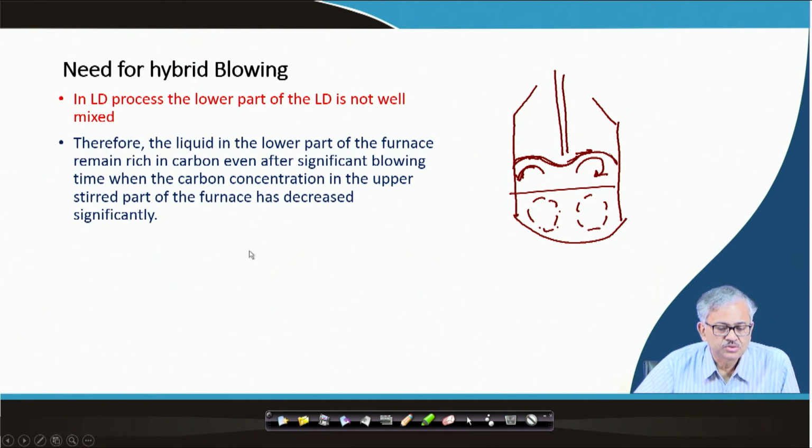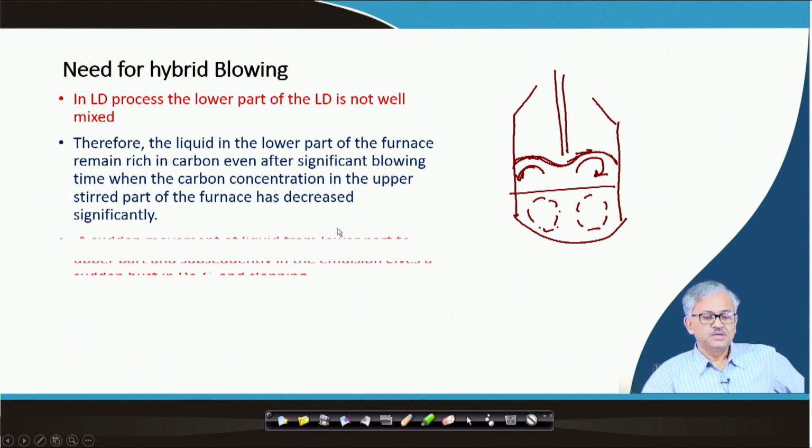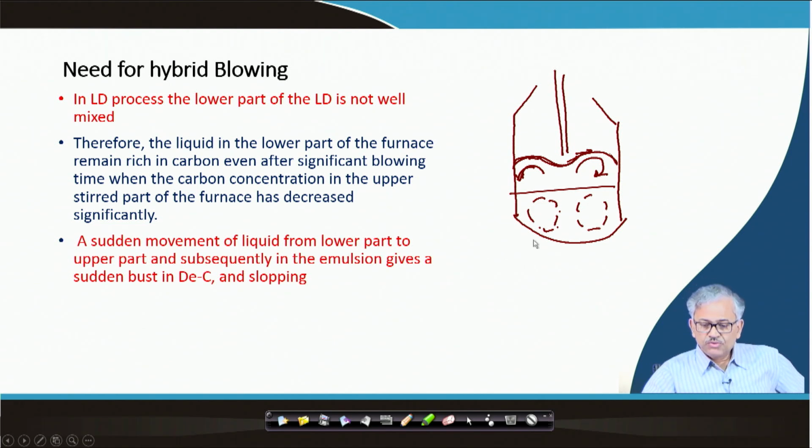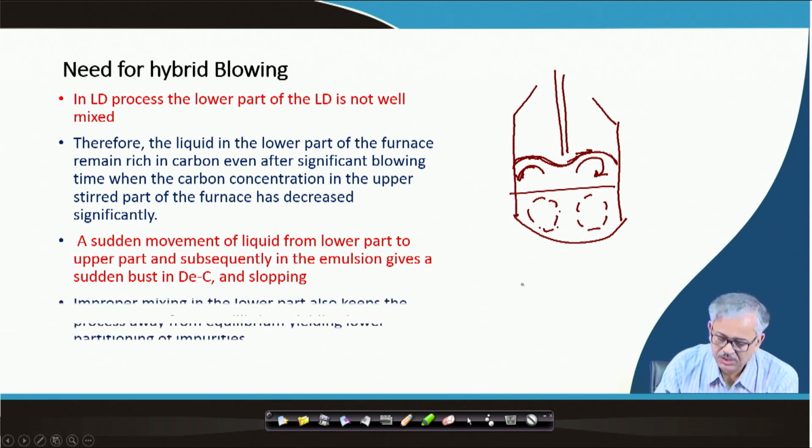Therefore, the liquid in the lower part of the furnace may remain rich in carbon even after significant blowing time, when the carbon concentration in the upper part of the furnace has decreased significantly. That is what I was just telling. When the impurity is low in the upper part, here the impurity, especially carbon, may be quite high. Then there is a certain movement of the liquid. Suppose you have a certain amount of liquid, a packet of liquid, when it is moved up,